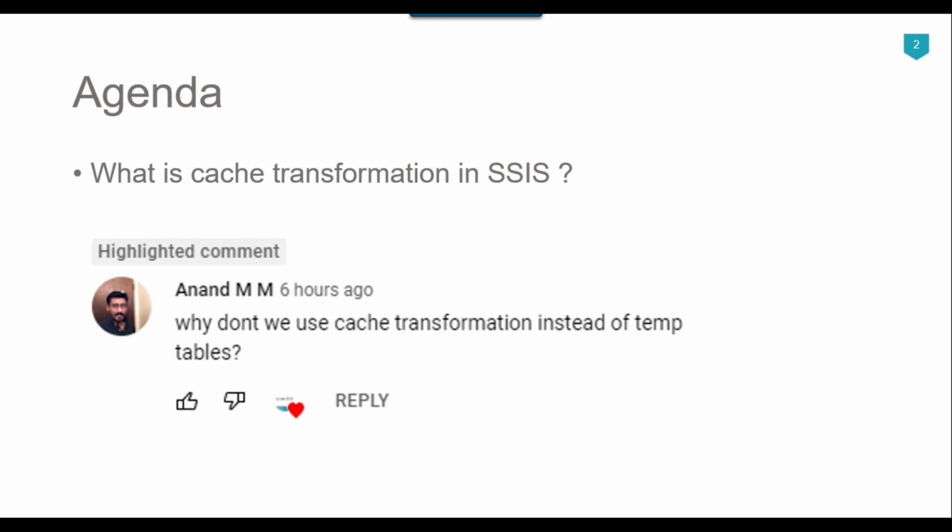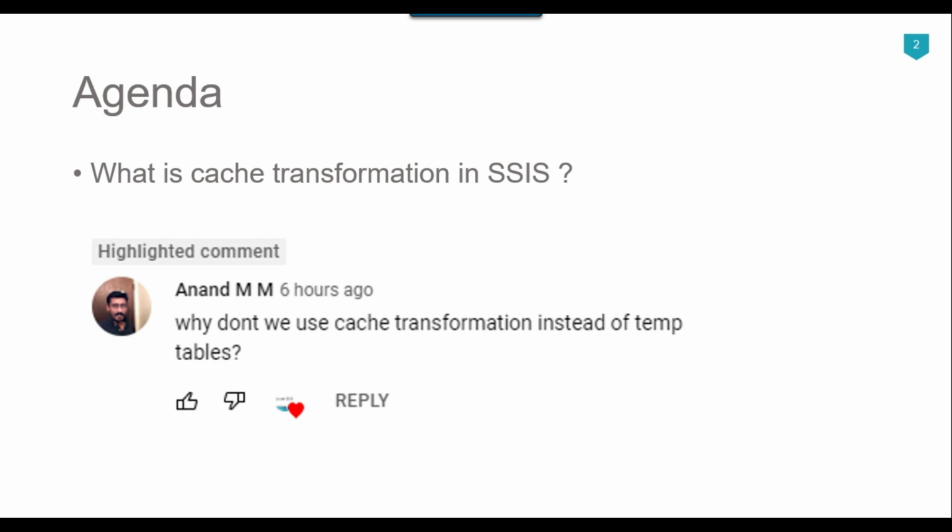But suppose you don't have the SQL server, or maybe you don't have the permissions on the SQL server to create a table, then you can keep the staging table in a cache file, and then you can use the cache file as a reference file in the lookup transformation to compare two different data sets. So we will see how we can create the cache file and how we can import the data from a flat file into the cache file.